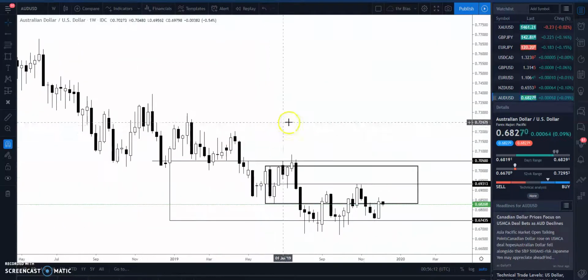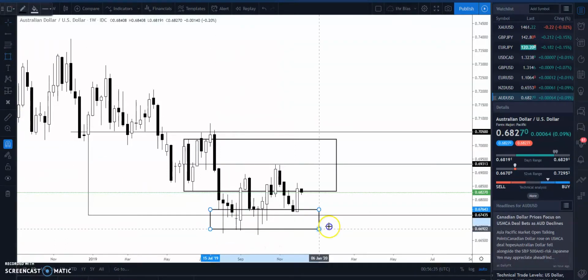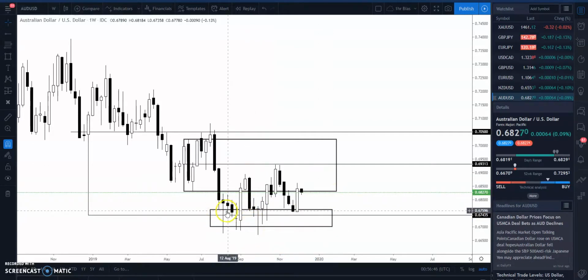Let's go down to the weekly, just to give us a clearer picture. Prior to this lower low, you can see price made a few fractional swing lows and highs: lower high, lower low, lower high, lower low, lower high, lower low, and this is the lowest point where price pushed down. What was key is this level here. You can see 1, 2, 3, 4, 5, 6, 7, 8, 9 weeks of bearish price action, but it failed to sustain a close below this level of